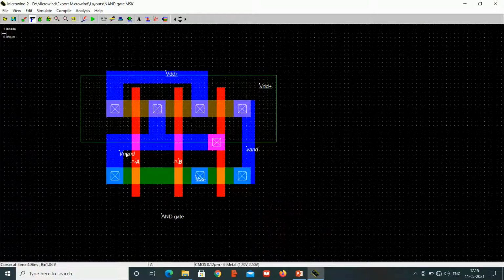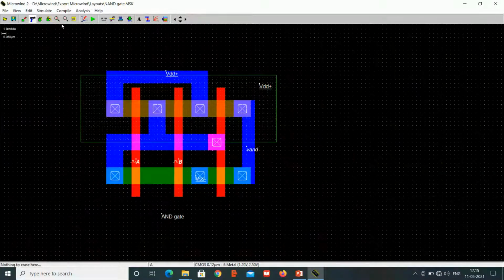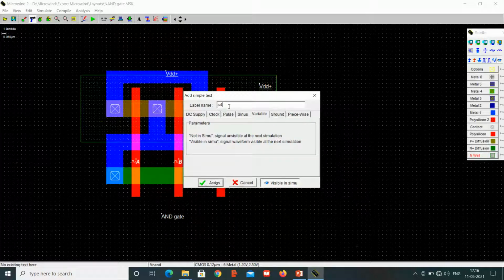Suppose we want to see only the AND gate output, then we need to disable this NAND. Select a visible node. I have already given it. We need to give not visible in CMOS, since we do not need to visualize the NAND gate output; we just want to see the AND gate.